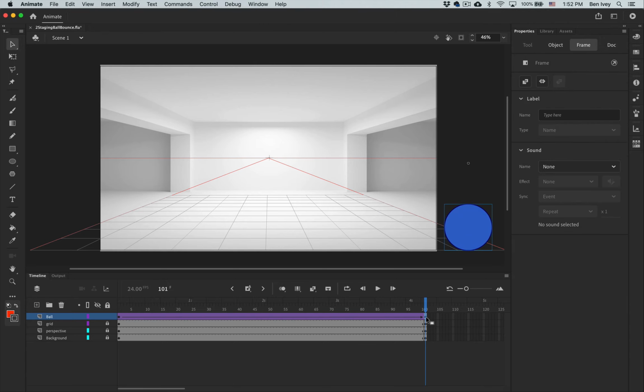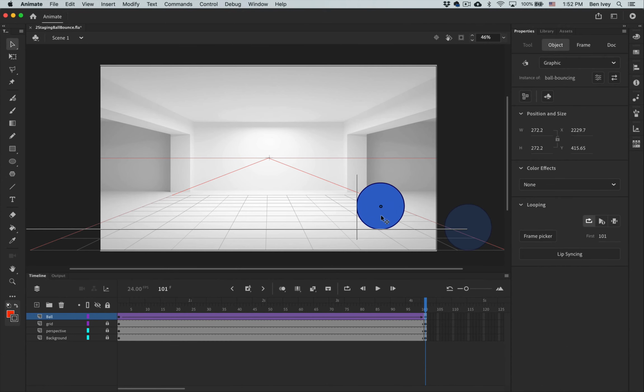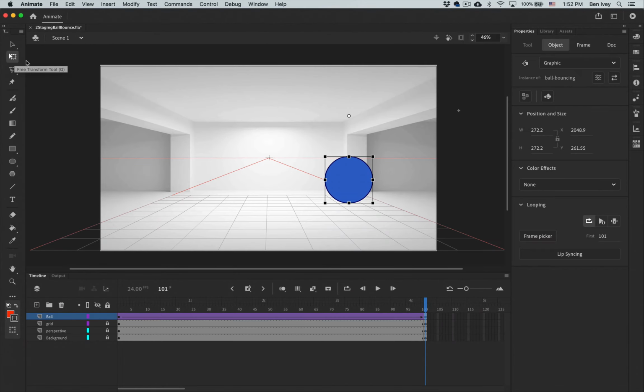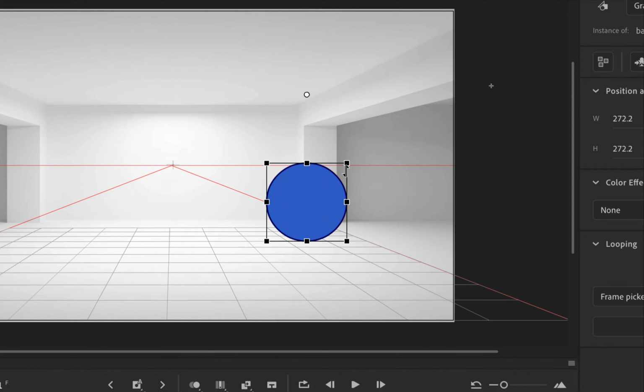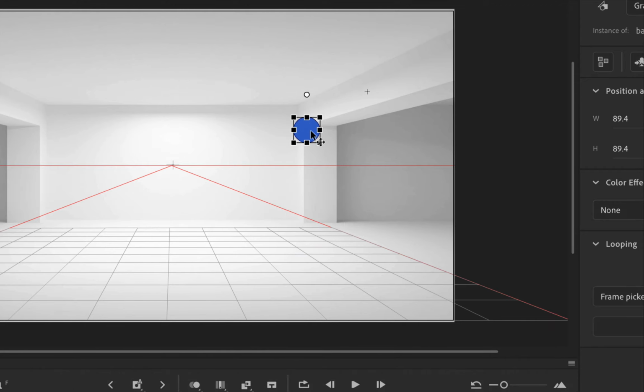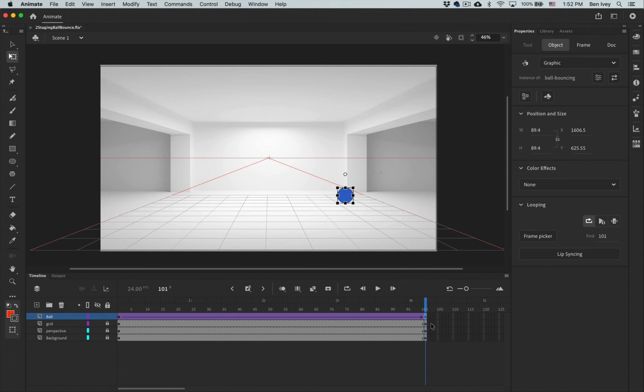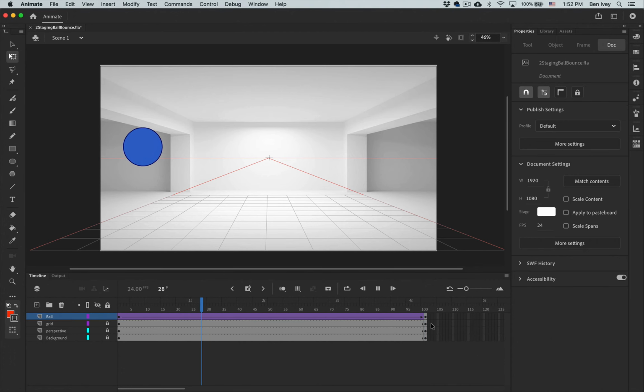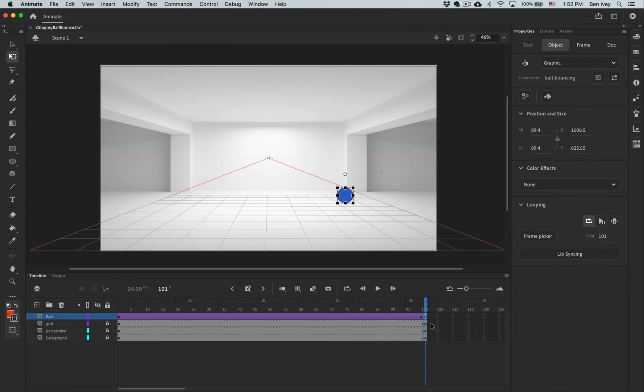So selecting the 101st keyframe on the ball layer, let's move our ball up into our main stage, then we can choose our free transform tool, and with it selected, let's have it scale downward. When it scales down, we can also move it back to the back corner. Now when we hit return, you can see our ball is going to bounce into perspective and finally land out